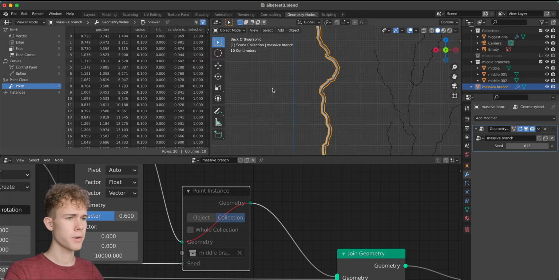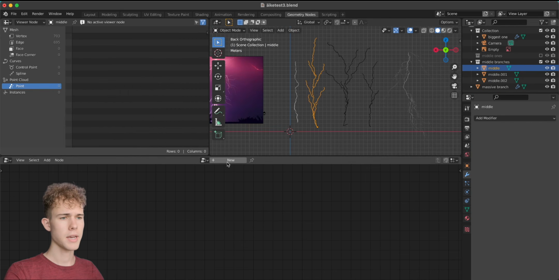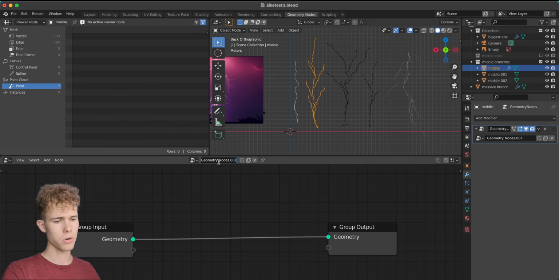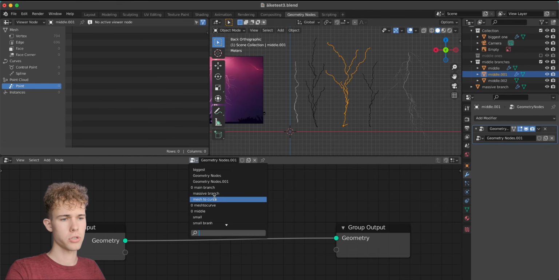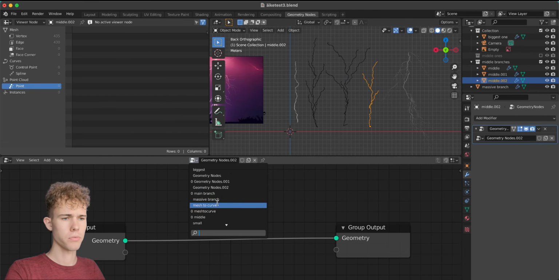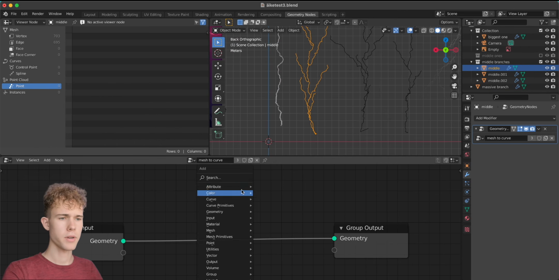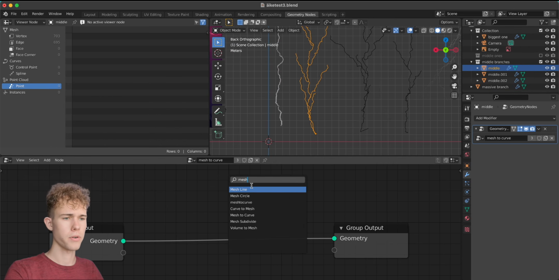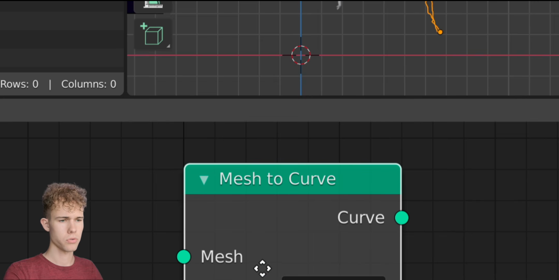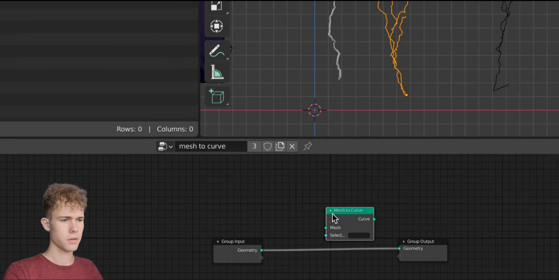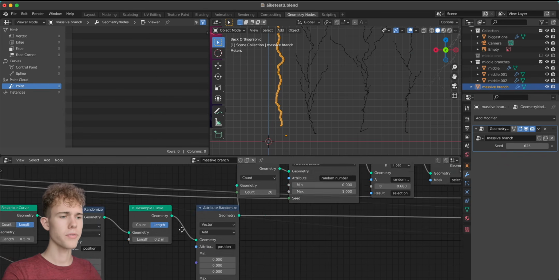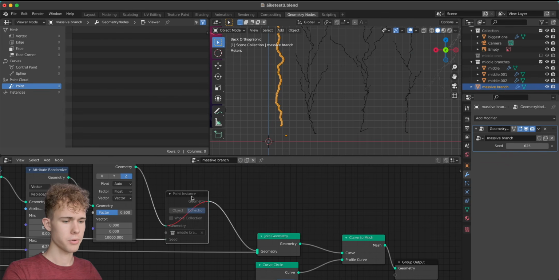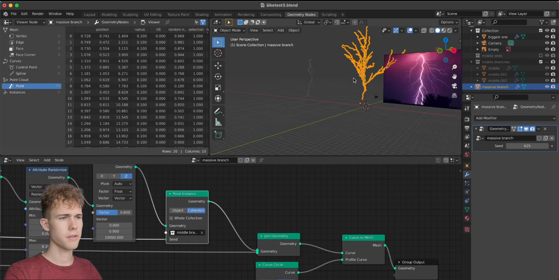So let's select the middle branches here. And let's add a geometry node here called, what is that? Mesh to curve. And let's add the same system to all of those. So mesh to curve and also mesh to curve. And let's go to the first one and let's really add this mesh to curve node. So mesh to curve. Let's put it here. Let's go back. Basically, these are all curves now. So now if we enable this thing here, the point instance, we have not too great stuff, but